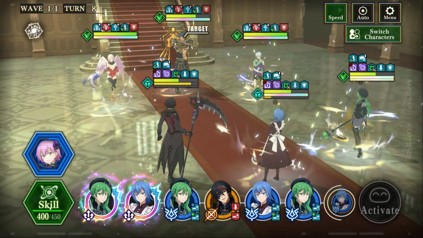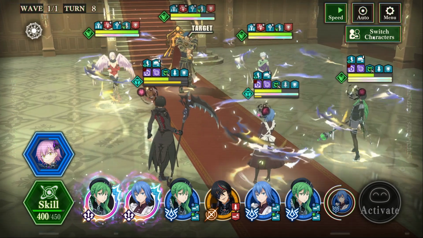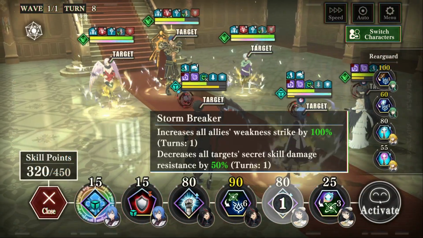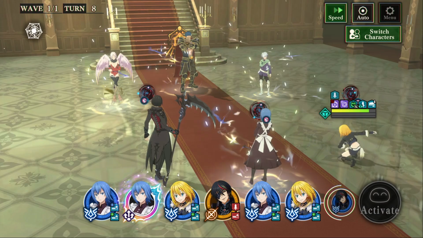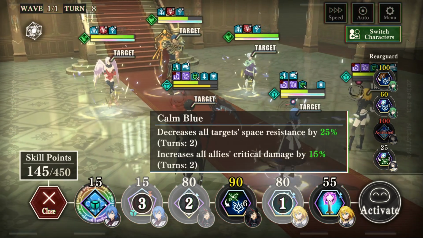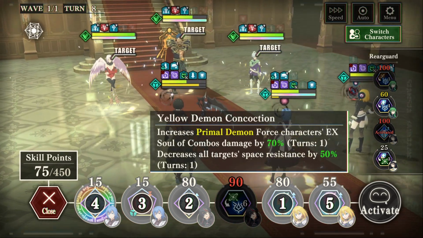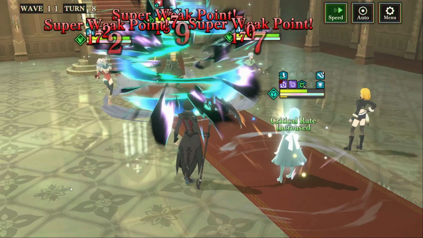Okay, so turn 8, let's go ahead and use some buffs. So Misery doesn't have to be up here anymore. We're not going to use her. So Shizu in, we'll use her weakness strike and alt resistance down. We'll bring Jean in, and then we'll use her big time buff. We'll use Diablo's big time buff, and then we'll use both of Rain's buffs. And we do have 130 points left over, so we can just use this, and we'll double the space resistance debuff. So, let's see how much we do, especially after this final...